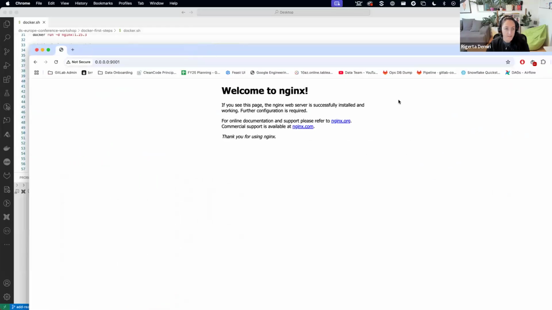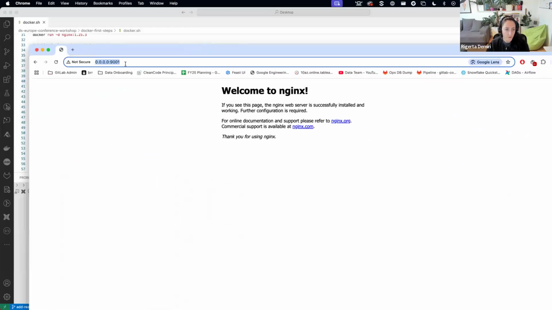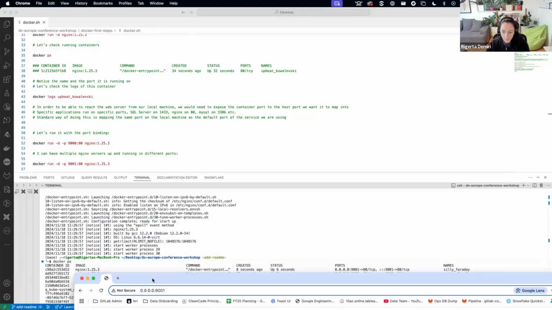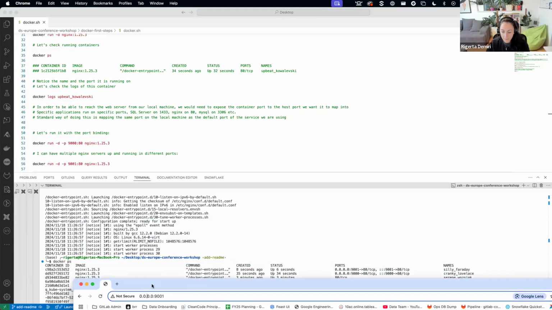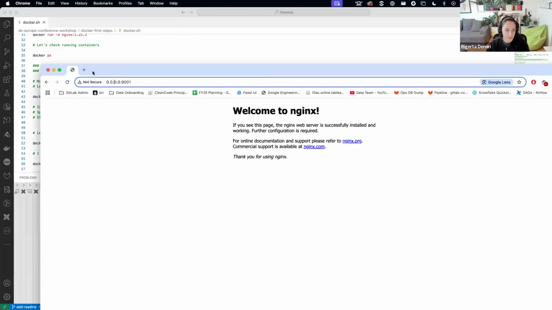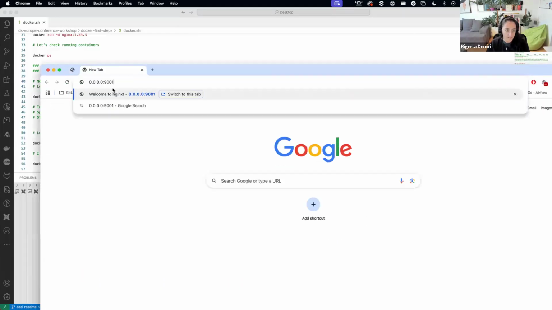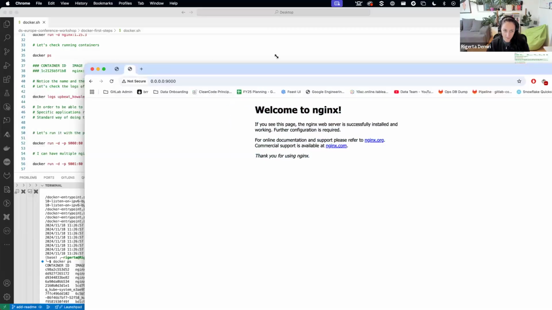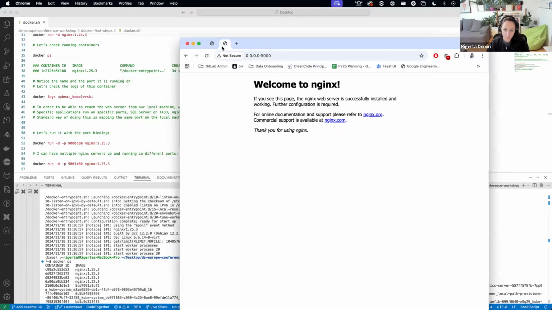This is how I access the one in 0000 was the URL because it's just local. 9001 and 9001, and 9000 is the second server. So if I do exactly the same, but with port 9000, this is also working. There are multiple instances. So I have two web servers now running on my machine as containers. It was as easy as just saying Docker run Nginx once on this port and Nginx again on the other